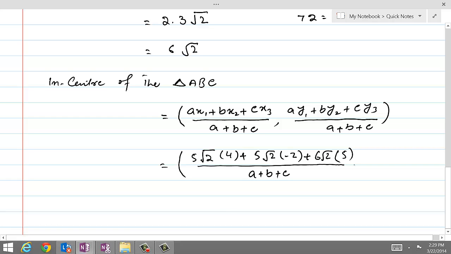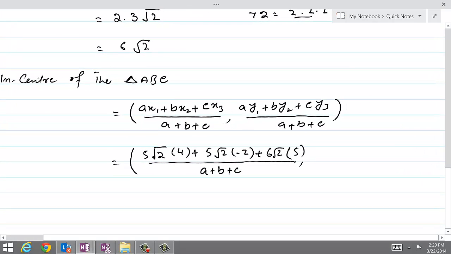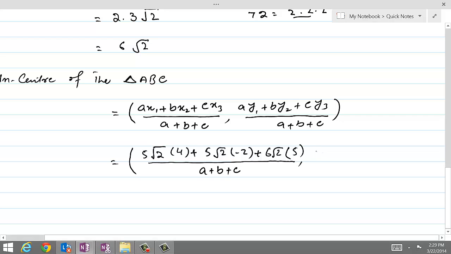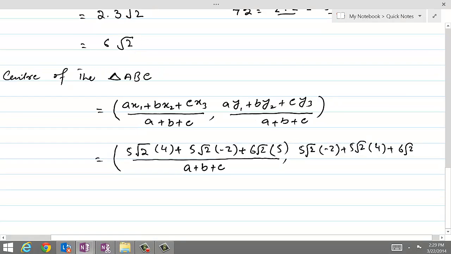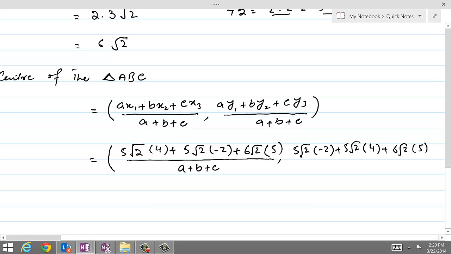And similarly, now we are going to calculate the value for y, which is 5 into under root 2 times minus 2 plus 5 into under root 2 times, this was 4, plus 6 into under root 2 times 5, over a plus b plus c. So this is what are the coordinates of the